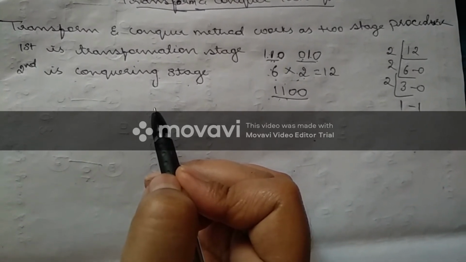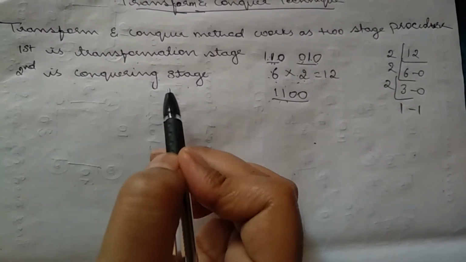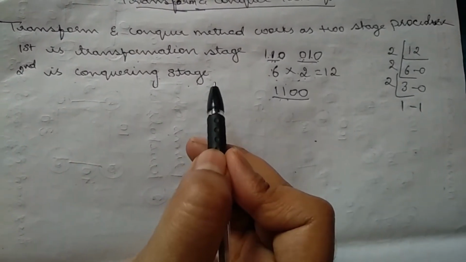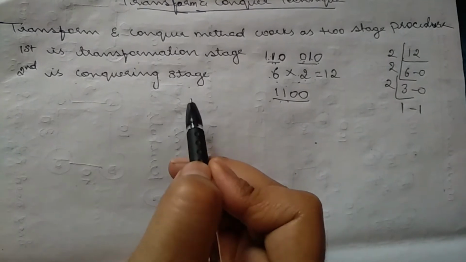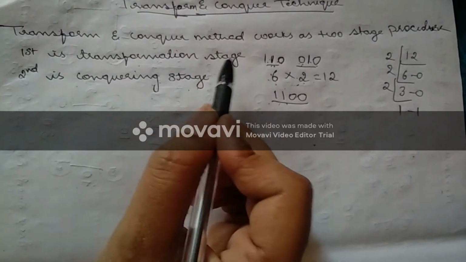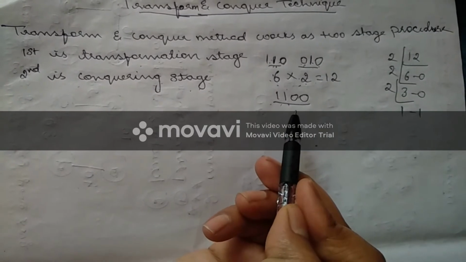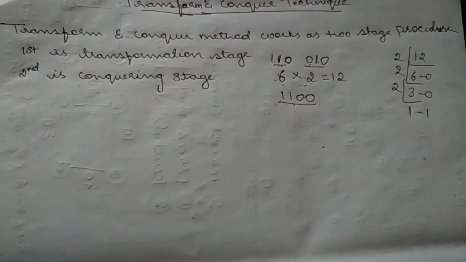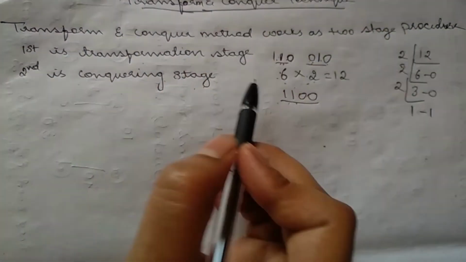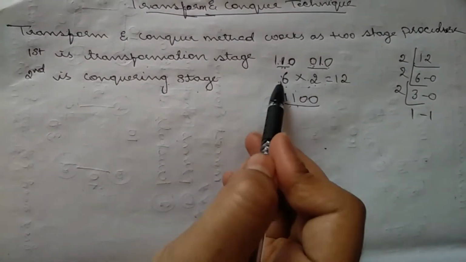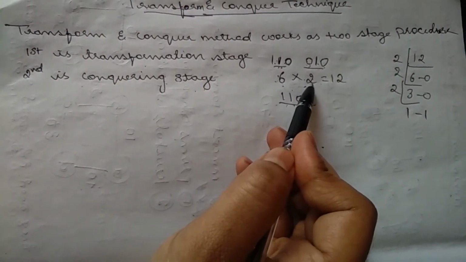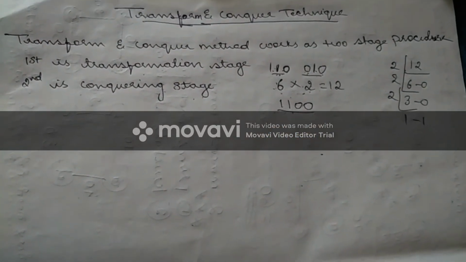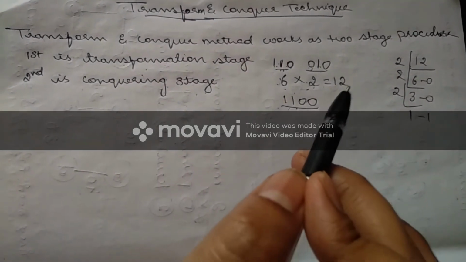Okay, do you understand? This transform and conquer technique is mainly based on transformation. What do you mean by this transformation? It is transferring a problem instance from one state to another state. Okay, that is called a transformation. In order to get the solution in an easier way, we have to transform the problem instance into some other one and then get the solution. But one more thing you have to remember, here the problem should not change. Whatever result it is getting, the same result it has to get. You are just transforming it to some other form, but not into a different problem. The problem meaning should remain the same while transforming. That you have to remember.